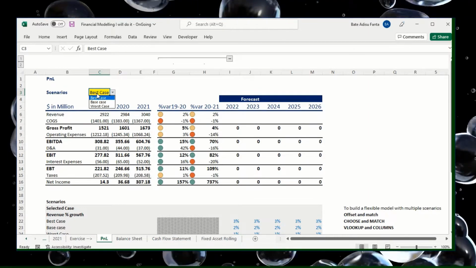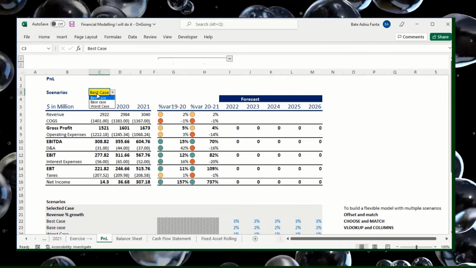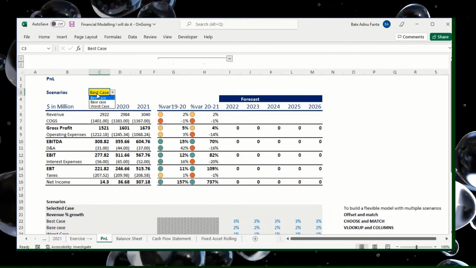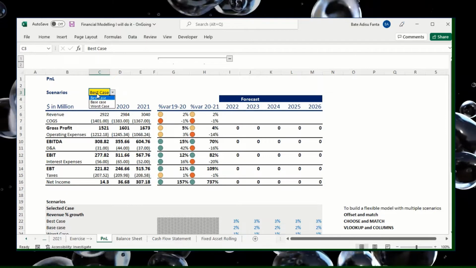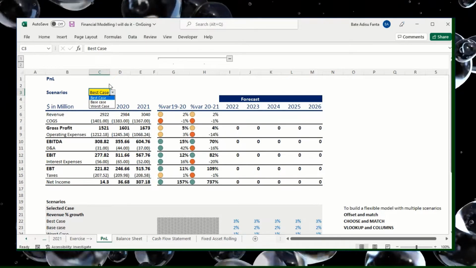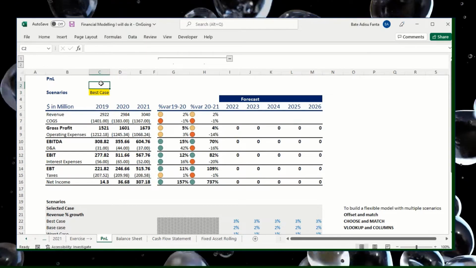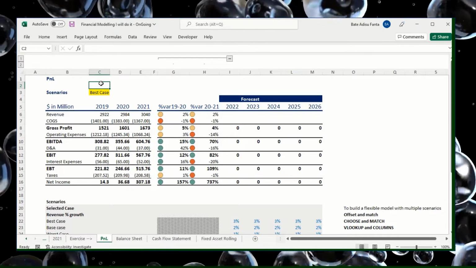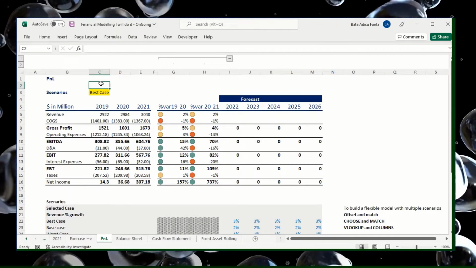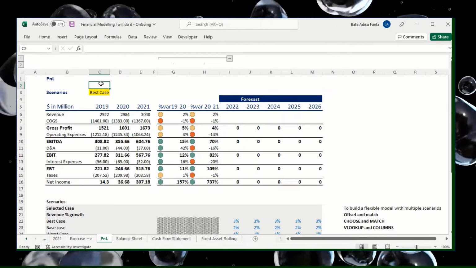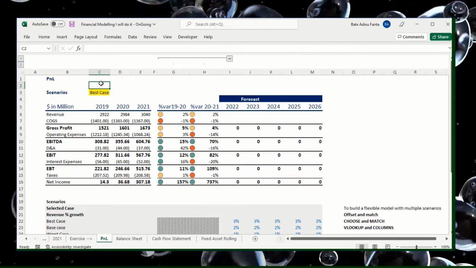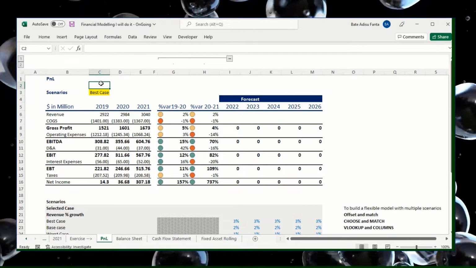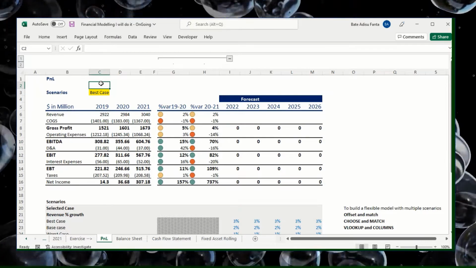I think those of you who have been following this video tutorial have seen how we have done this. We can do this thing again: how to create this switch box for scenario analysis. You click on the proper cell where you want to put your switch box, and then you go